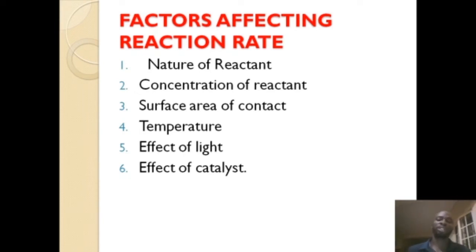There is something we call collision. You are going to do that in your senior secondary chemistry, but let me just bring it to your notice that for a reaction to occur, there has to be collision. When I mean collision, I mean jamming of the reactant particles. That means this particle will come and jam with this particle for there to be a reaction taking place. Now when you spread out, you see that the rate of collision will reduce.